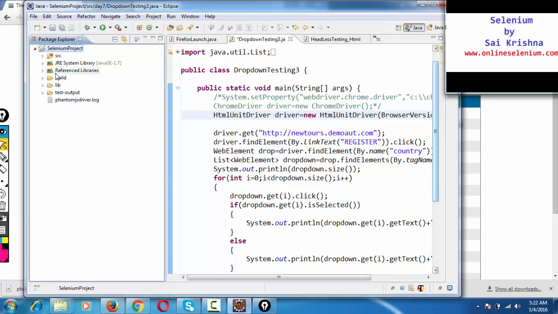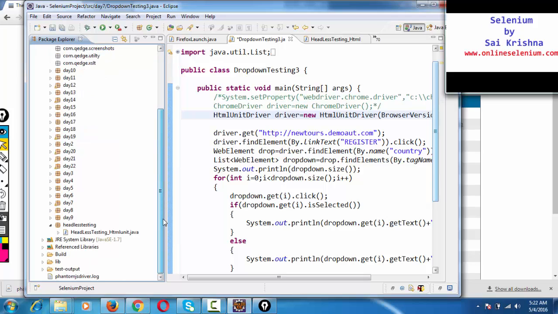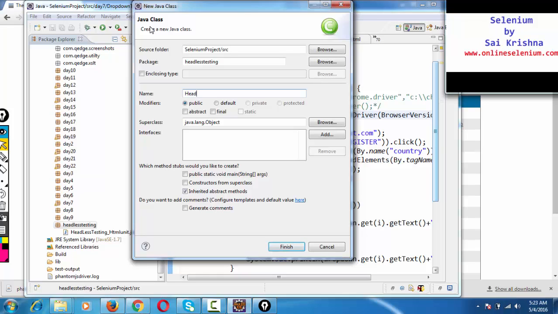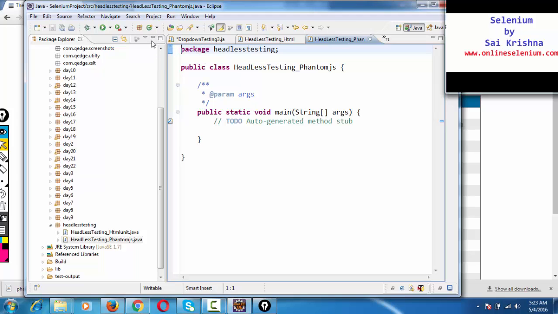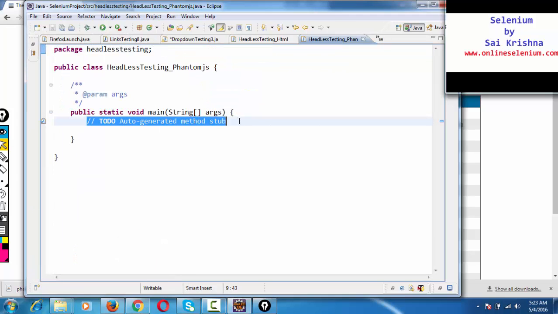Now, once the Phantomjs exe file is downloaded and once the jar file is added to your project, let us start the program. I will create a new class which I will call headless testing through Phantomjs. So now I hope all of you remember, when working on the Chrome browser and the IE browser, we always specify the path of the exe file, right? We say